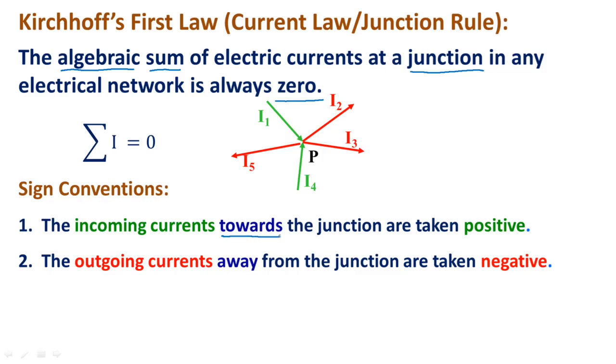Currents towards the junction are taken positive, and the currents away from the junction, or leaving the junction, are considered negative. Applying sign conventions at junction P, I1 and I4,